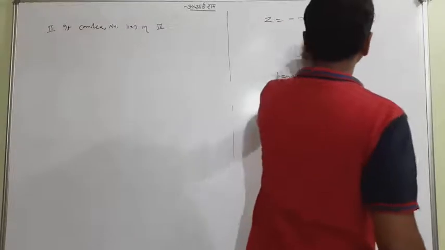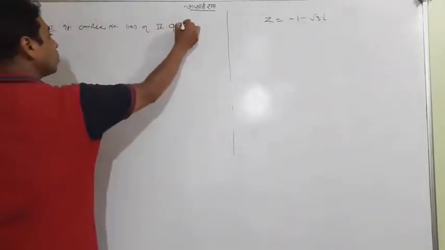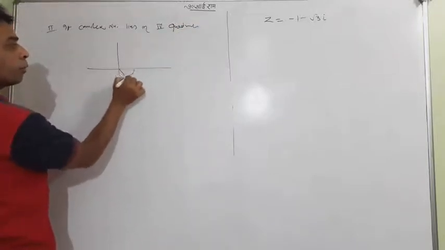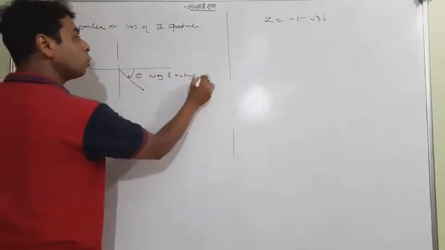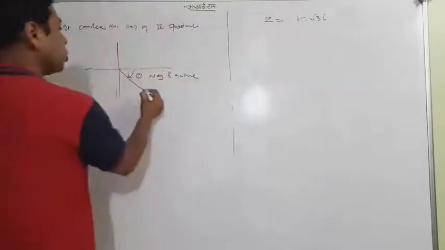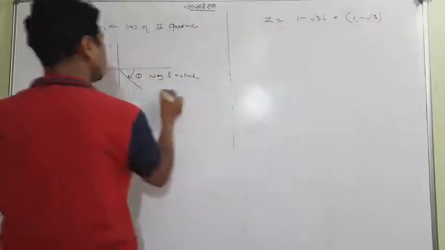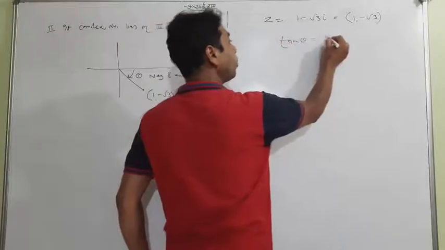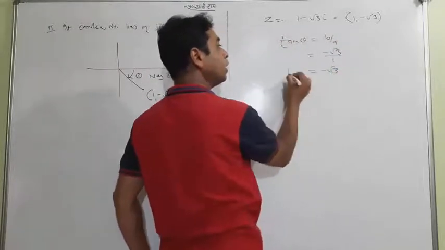Now the point lies in the fourth quadrant. What will happen? Look. When the point lies in the fourth quadrant, theta will be negative and acute. So okay, suppose the situation is like that. First is positive and second is negative. What will come? 1 and root 3. So 1 and root 3. I'll go with tan theta, b upon a. What is b and what is a? Like that. Only this one.